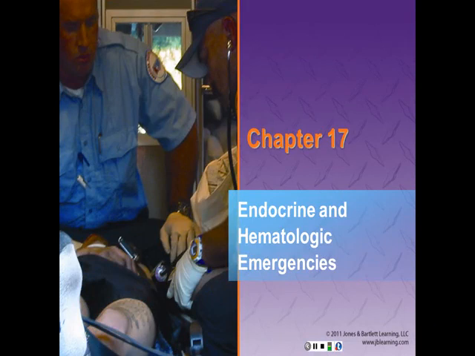You should be able to demonstrate knowledge of the characteristics of type 1 and type 2 diabetes, and you should be able to list the appropriate steps for assessment and pre-hospital management and treatment of diabetic emergencies. You should also be able to discuss hematologic emergencies and describe the four main types of sickle cell crises: vaso-occlusive, aplastic, hemolytic, and splenic sequestration, and the two primary types of clotting disorders, thrombophilia and hemophilia.